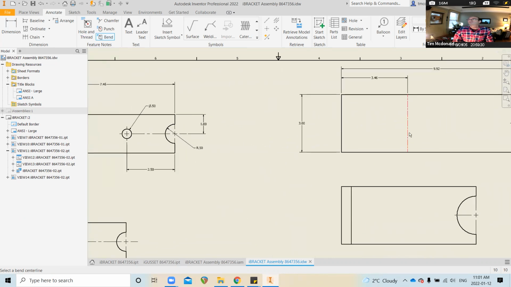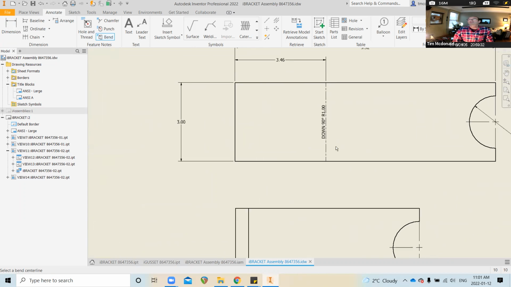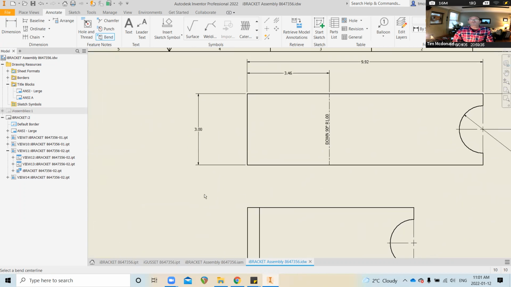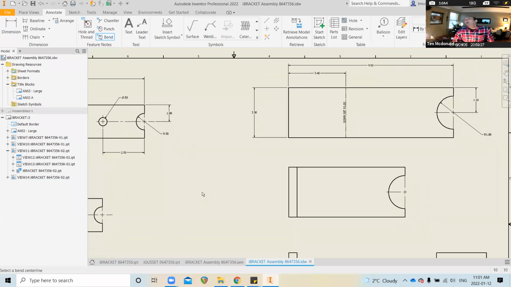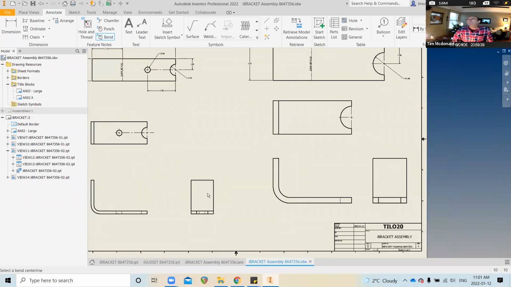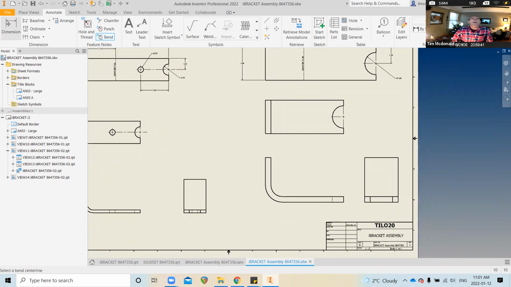And I'm going to click on this one as well, and it's going to pick the information from the sheet metal file that we created. Let's go ahead and put some dimensions on here, because the operator will need to check his part after he bends it, just to verify